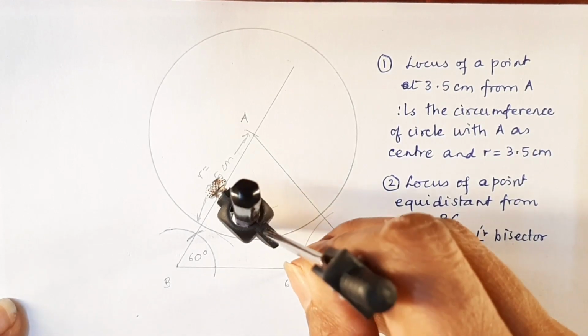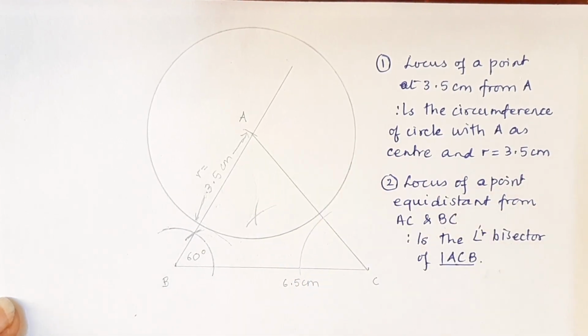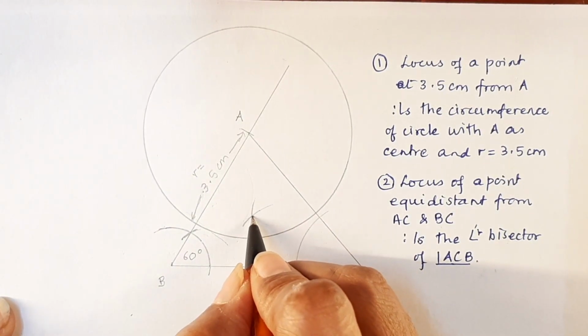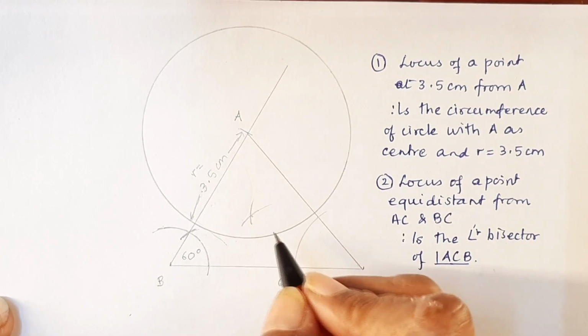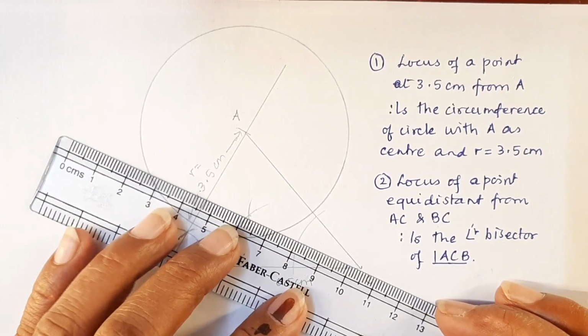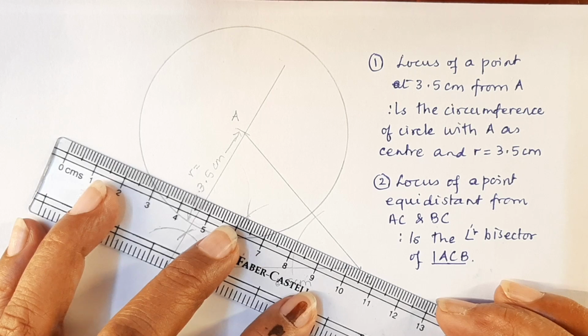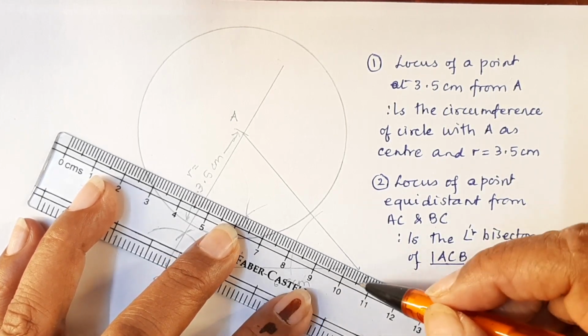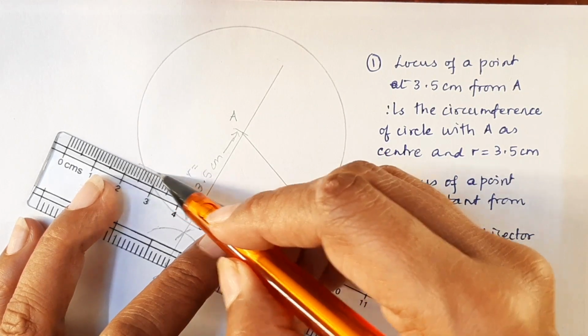I'll just make this slightly darker, so that you'll be able to see. Now, this is the point which is the point of intersection of the two arcs, and then we join it to C. And so